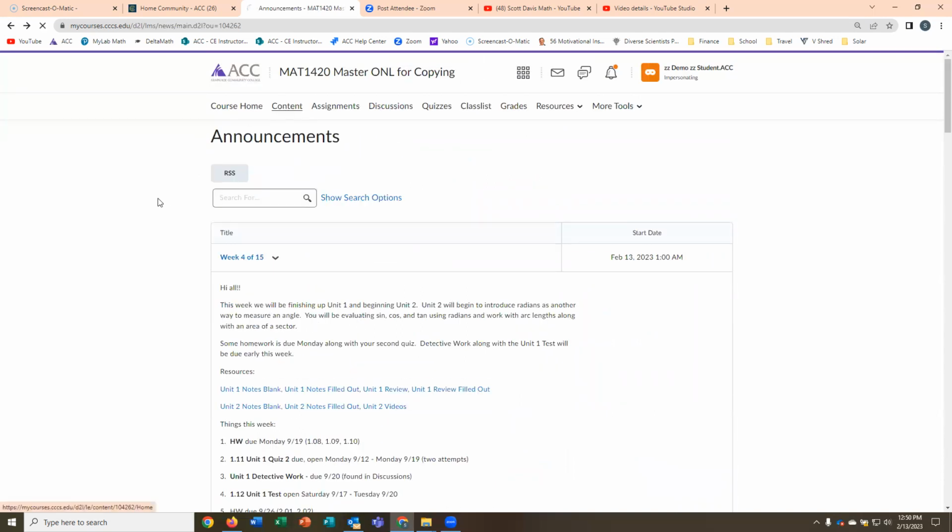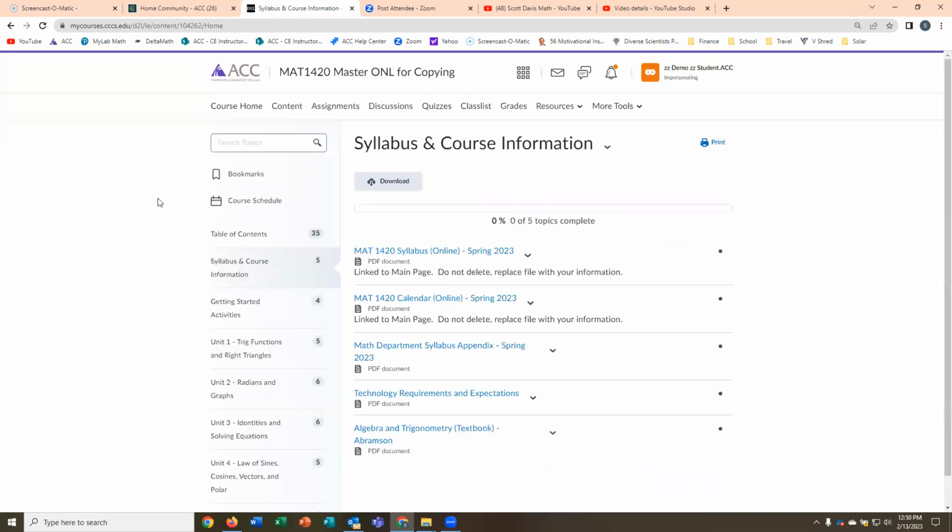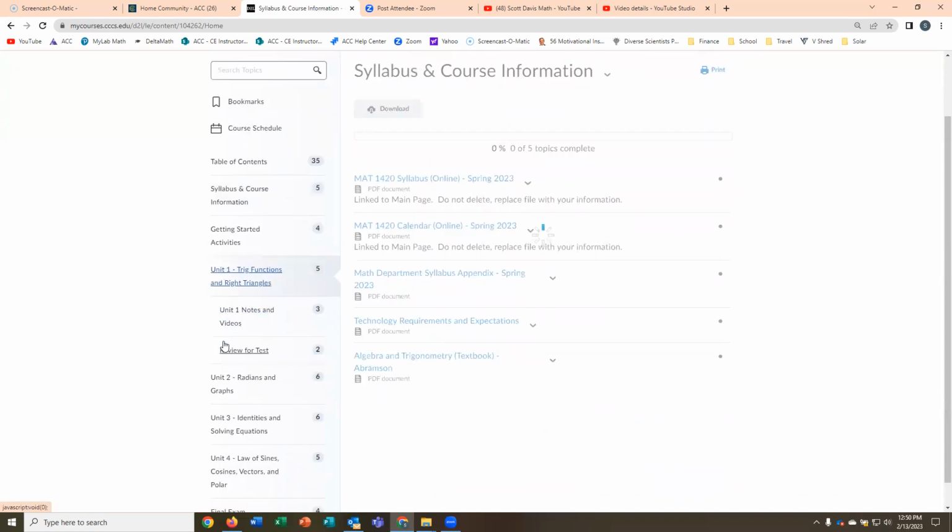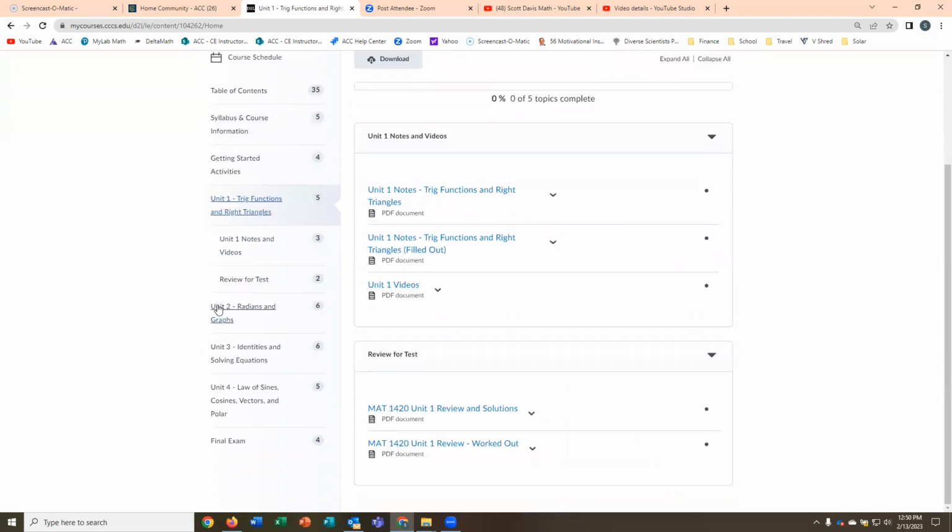But if a student were to look in the content, everything is there. So if they go to the syllabus link, it's always there. That announcement may fall off or may get down somewhere where they have a hard time finding it, but it's always in the content. The calendar's there. Each of the units is set up exactly the same, where it's notes, review,